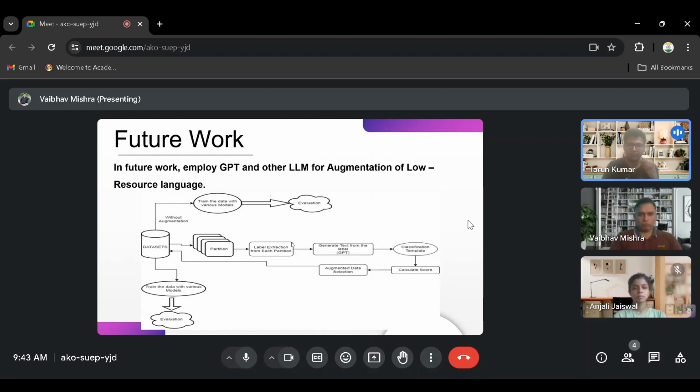So what one can do in the future is take the data set, do the EDA or perform any rule based method, and take some augmented data from that rule based method, and then apply the augmentation using the transformer, and from that transformer take the augmented data. And now we have augmented data from both sides using a rule based method and a transformer. Now what we are going to do, we are going to use a metric. For example,